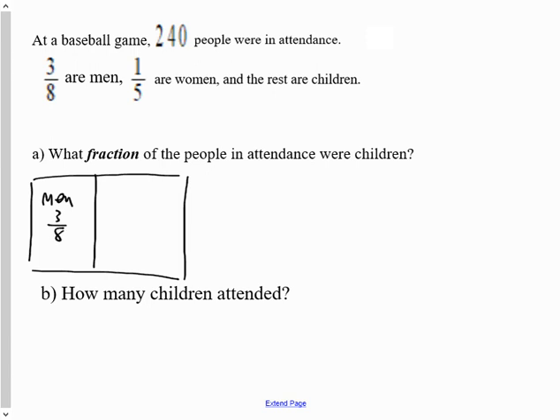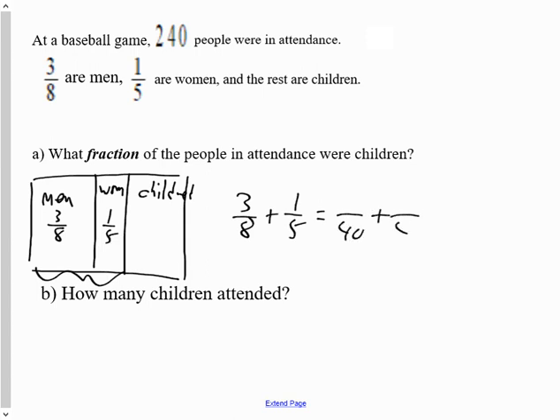We'll put 3/8. And then 1/5, which we'll pretend that's 1/5. That's women. And the rest are children. So the first thing you probably want to do is figure out what fraction of all the people are men and women. So in order to do that, we're going to add those two together. Common denominator is 40. 15/40ths and 8/40ths. So 23/40ths,